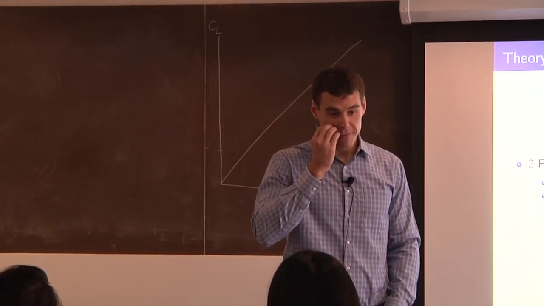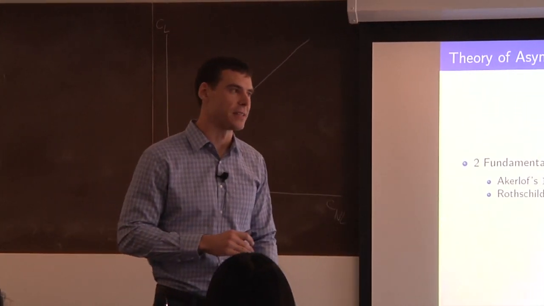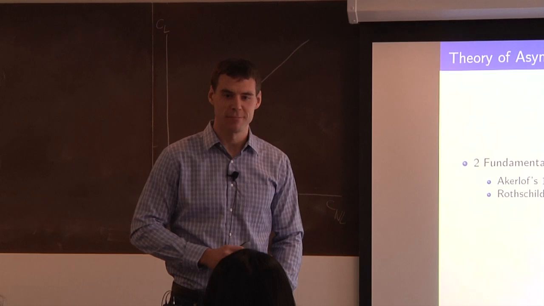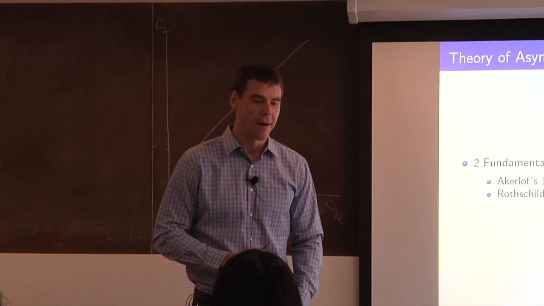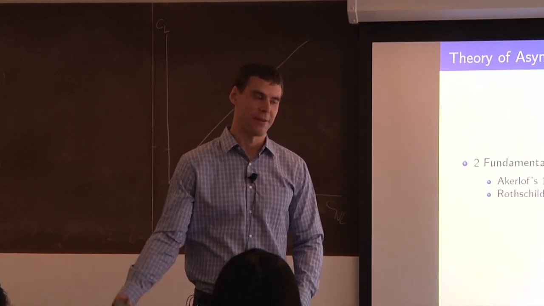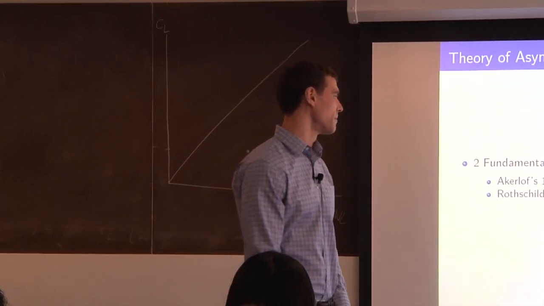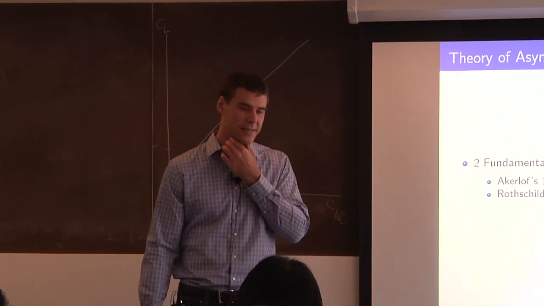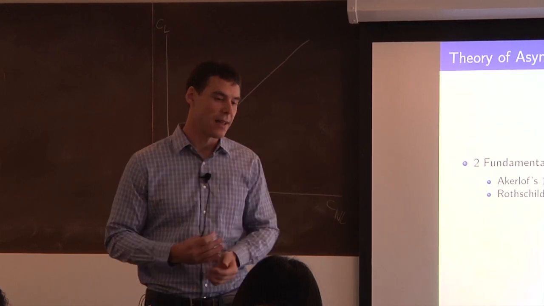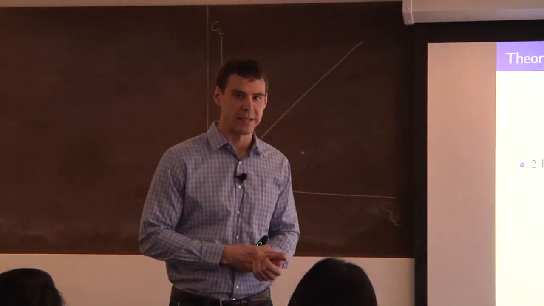All right. So first, I'm going to review the general theory of asymmetric information. I know Raj has covered a little bit of this, but push me if I'm going too slow or hold me back if I'm going too quickly. I want to talk a little bit about the two fundamental papers in the theory of asymmetric information. These papers shared the Nobel Prize along with Spence's signaling paper. There's Akerlof's Lemons paper from 1970, and then there's the Rothschild and Stiglitz paper from 1976.